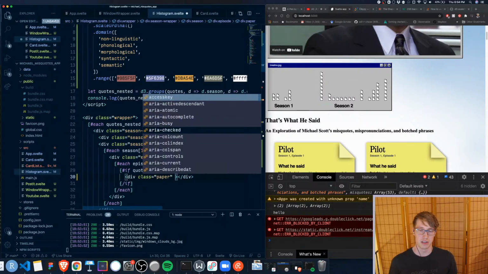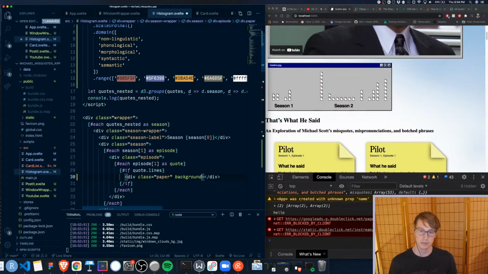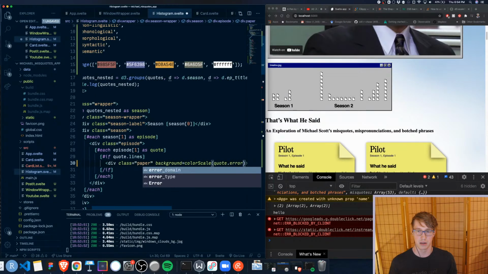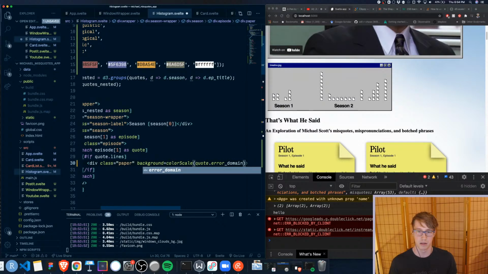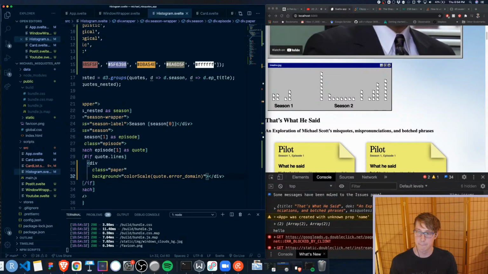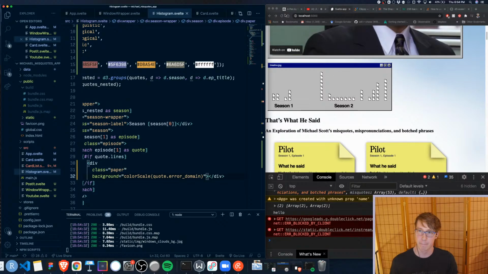So what I wanted to do, I said class is paper, and then I want to say background is color, color scale, quote dot error domain. I suppose I need to put this into style equals